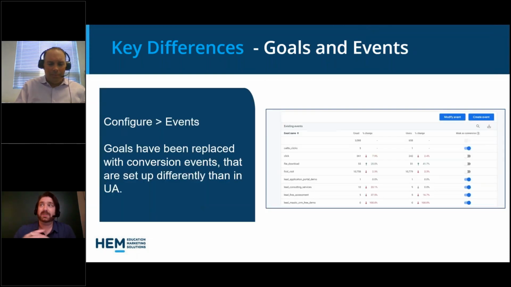So before you can actually monitor any of your KPIs in GA4, you're going to have to set them up. And this process is actually very different from the way it was back in UA. If you've looked at Google Analytics reports in the past, if you've done some work in there yourself, you probably know something called goals, which is usually how we would set different KPIs to be tracked in Google Analytics. So goals are fairly simple. You'd often just list a page where this would take place.